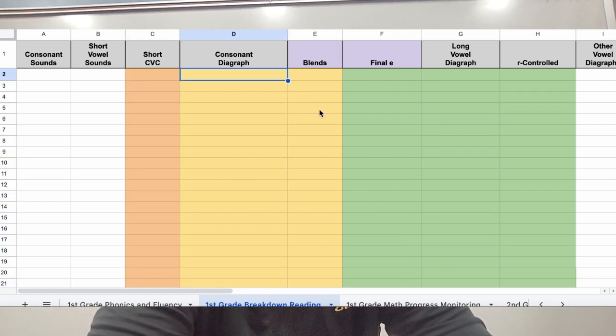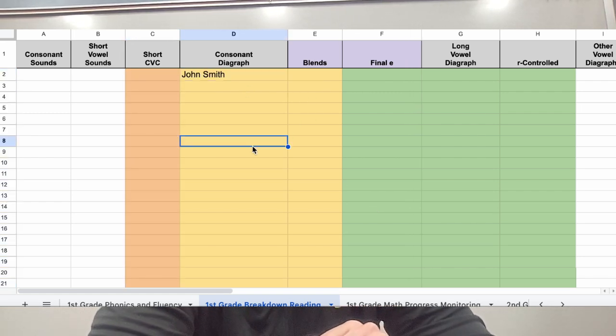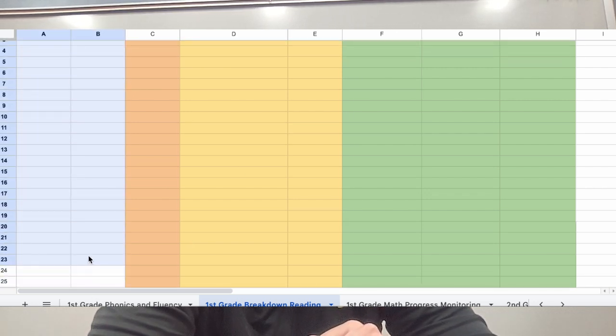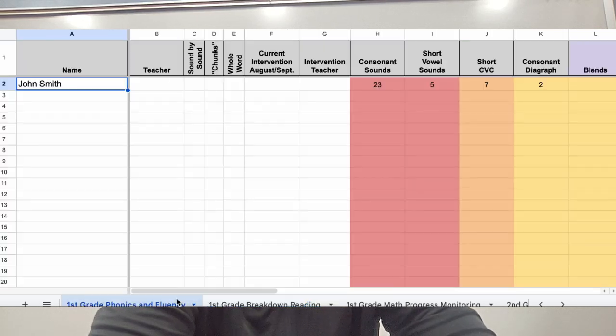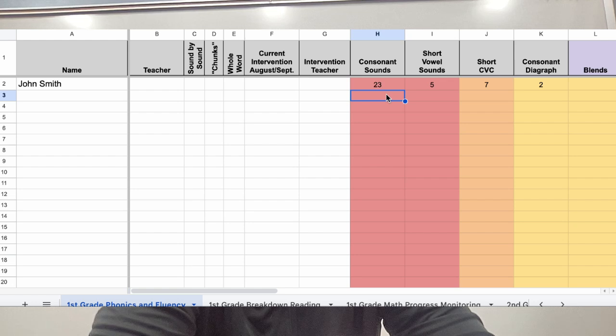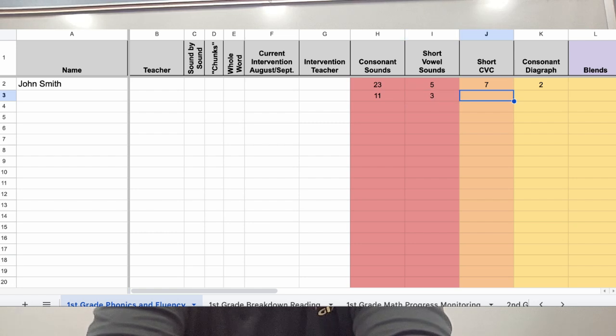Based on that information, I can see that this student is a tier 2 student. Okay? So on my summary page, I'm going to go over here. I'm going to look at consonant digraph, and I'm going to write that student's name, John Smith.